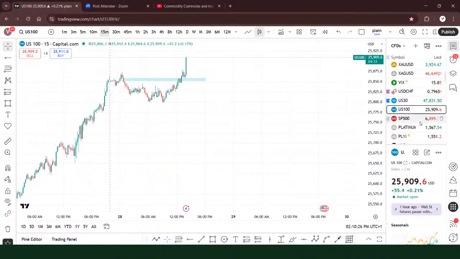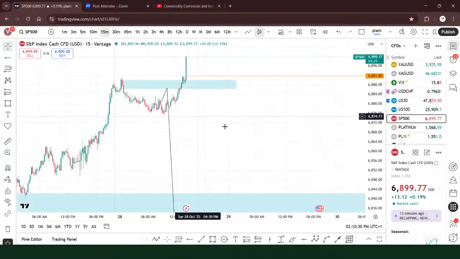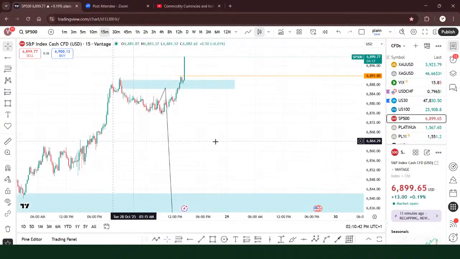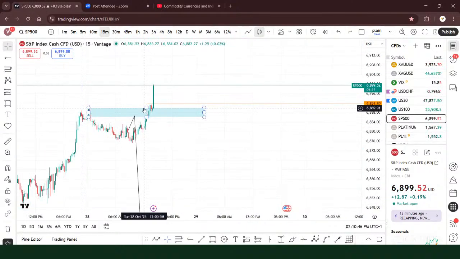Without wasting much of our time, we just call it a wrap. We have the same thing across board for US 100, S&P 500, and also US 30. Quite bullish today, which is absolutely interesting. Right, I was thinking you're going to sell, right? You're going to sell off into this to fill at least this zone, but then it keeps pushing. Nonetheless, we'll be waiting for